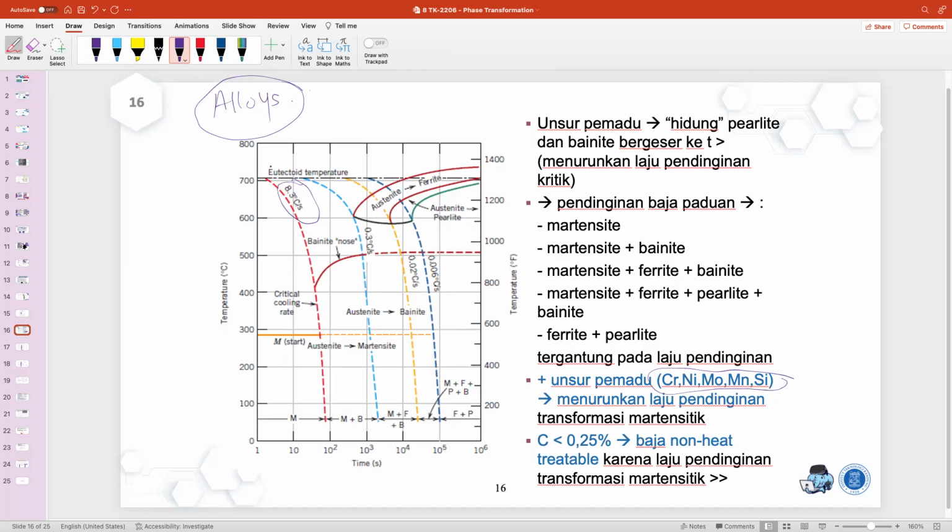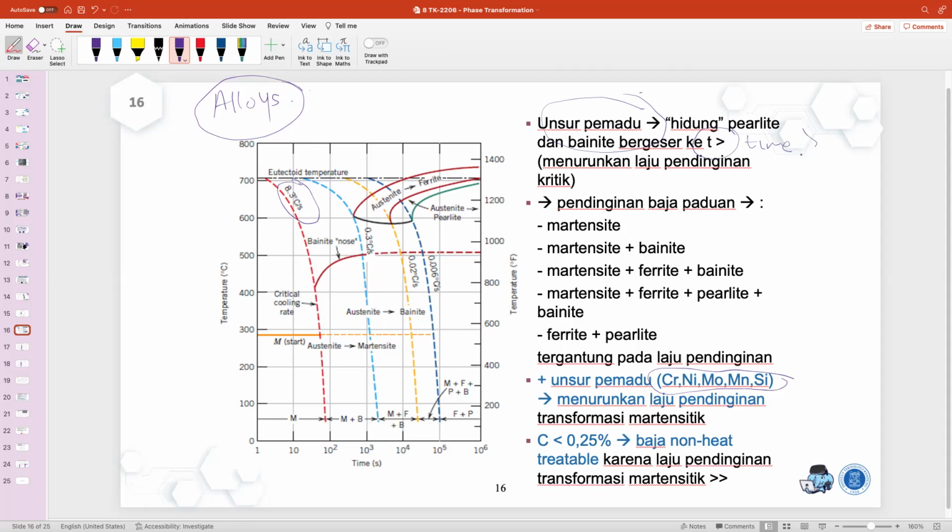So it allows us to process them more easily, if you want to make the alloys that we want. So it's easier to make martensite, for example. Martensite is very useful because it's very strong, but however it is very brittle. So we have to make sure that the application should comply with the properties. Okay, so here the alloys actually shift the nodes of the pearlite and bainite, so bainite will also shift